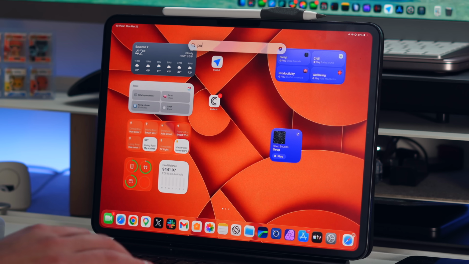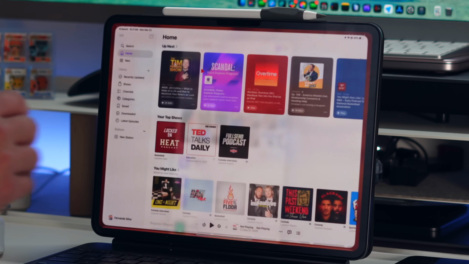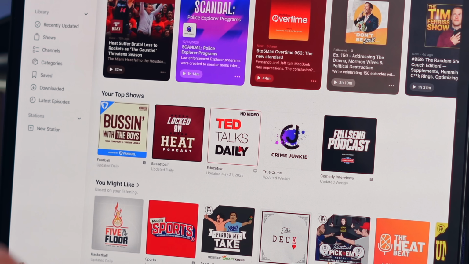The next one is going to be in the podcast application. So if we go into the podcast application, you are now able to natively support actual video through the podcast apps. So if there's a podcast that actually has video to it, you'll see a little emblem down here. As you can see, that one has a video. If I tap on there,